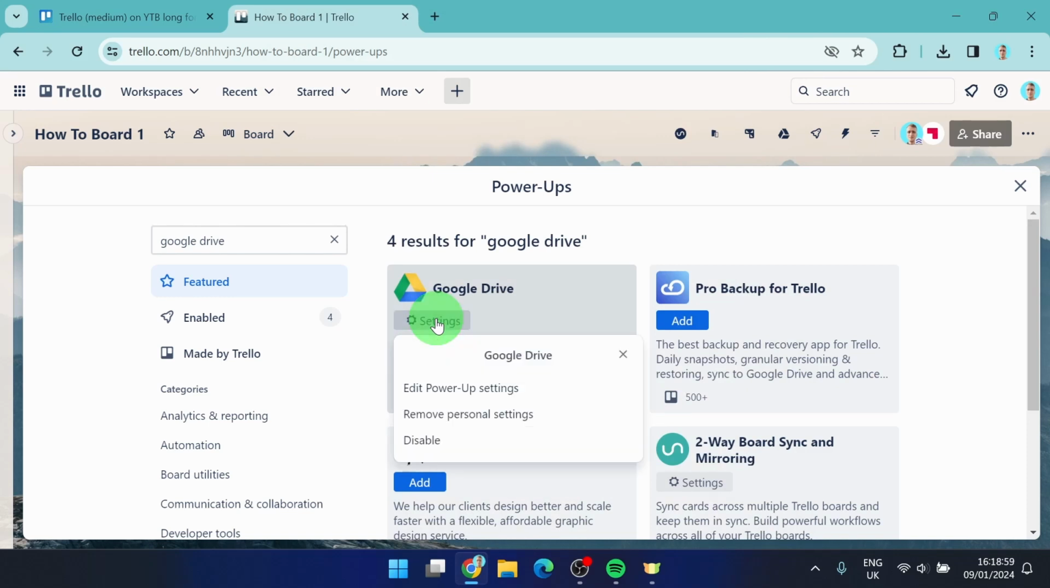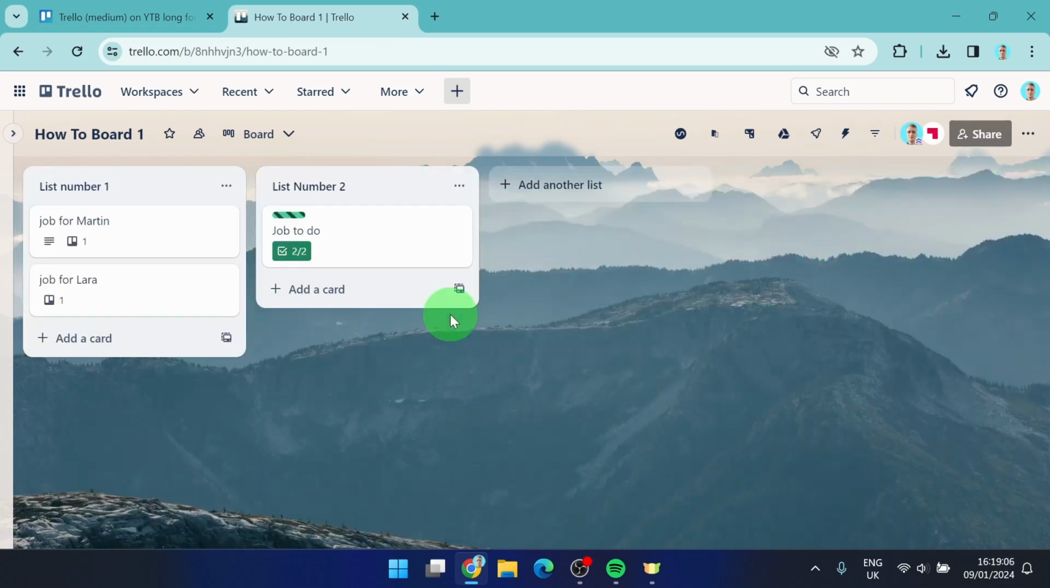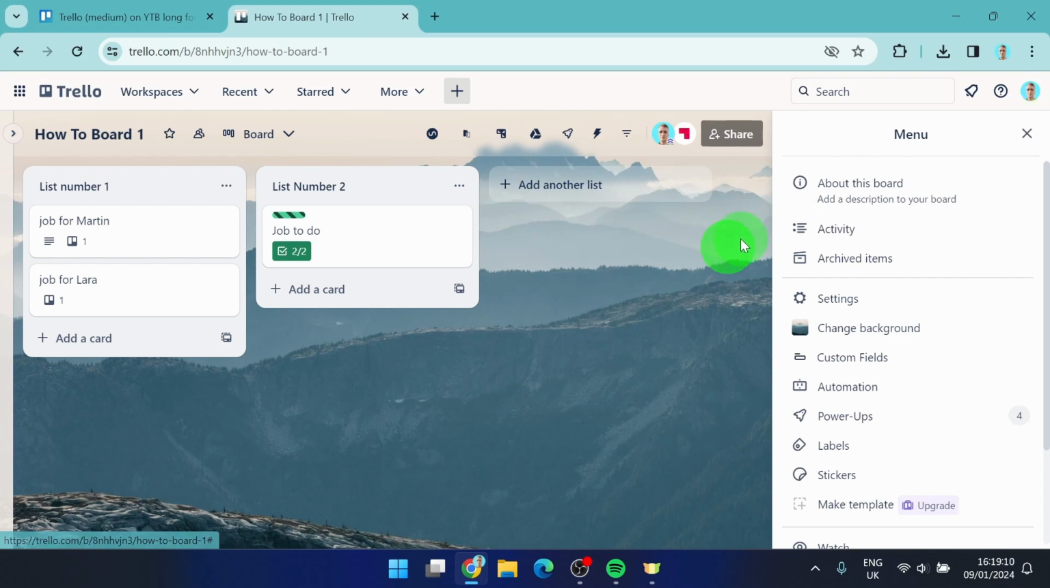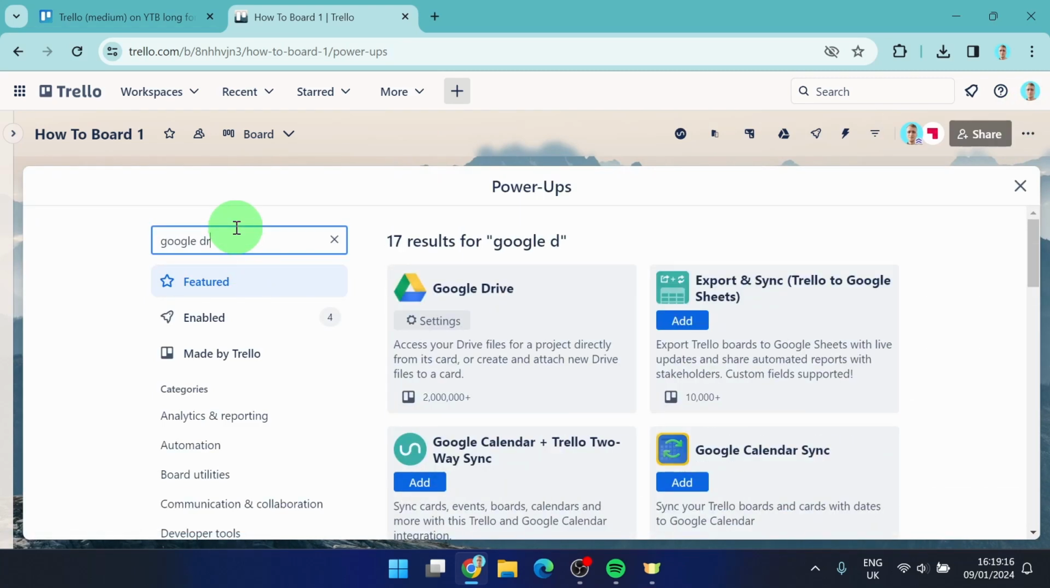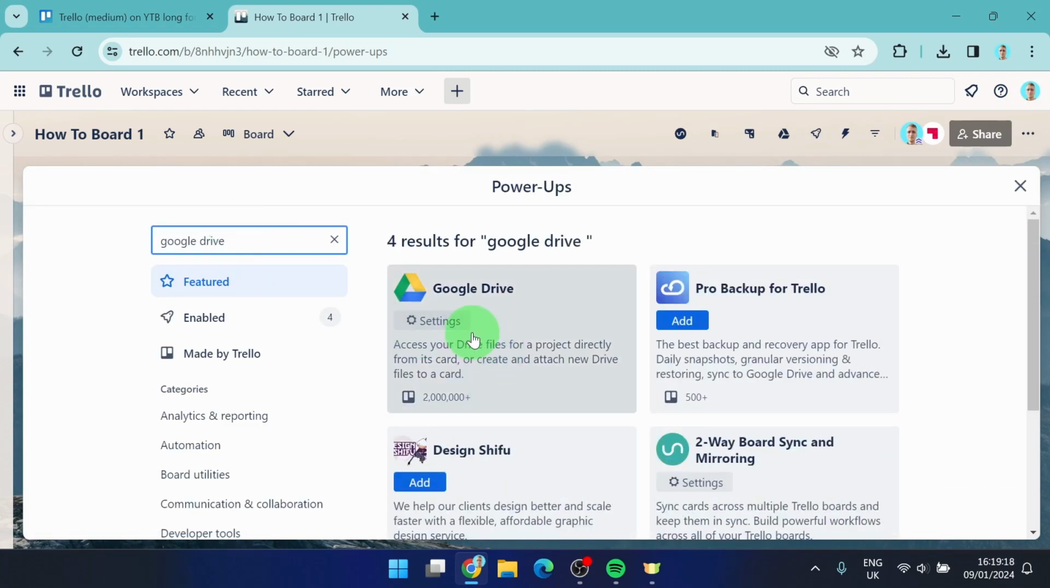Click again on Settings, and now you got options: remove personal settings, disable, but your Google Drive is already synced with the Trello. And this is how you can do it. So you need to first install this Power Up. Just simply search Google Drive, click on Add, link your account, and this is how you can integrate Google Drive